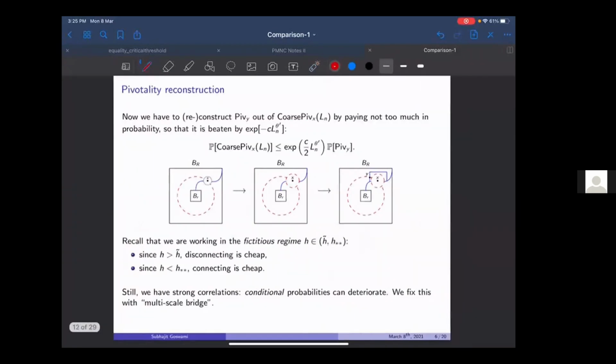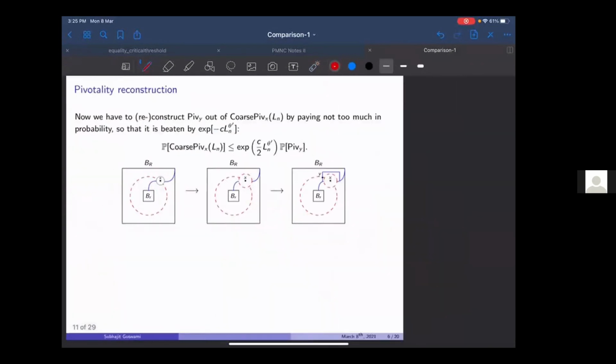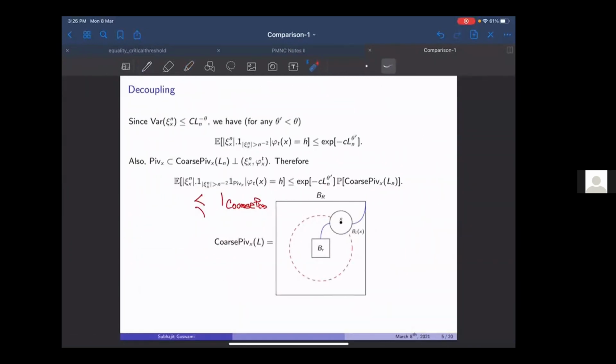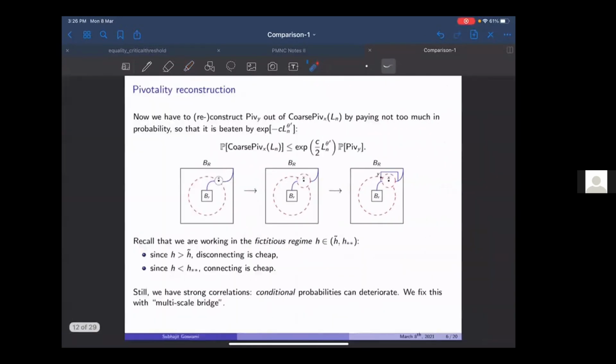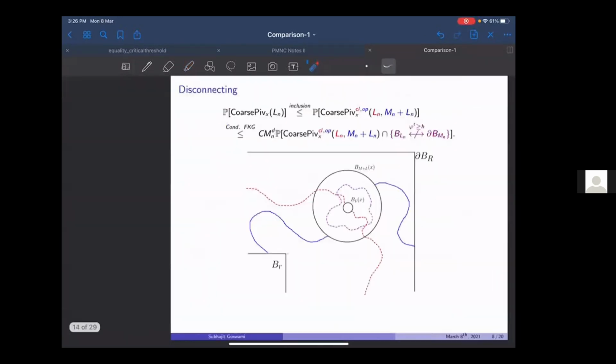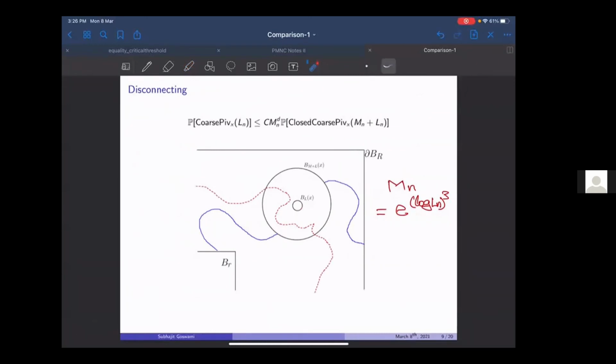So remember, what do we have there? If you remember, what we got here is that when you decoupled, we have a very good stretched exponential prefactor. Okay, so whatever the extra cost that comes in its way to be converted to a pivotality event, as long as that can be killed by this stretched exponential factor, we're good. So in particular, we can pay all the way up to stretched exponential. Here you can say, okay, that's nice. So this is very small. This is anything but stretched exponential. So I can just start from there,